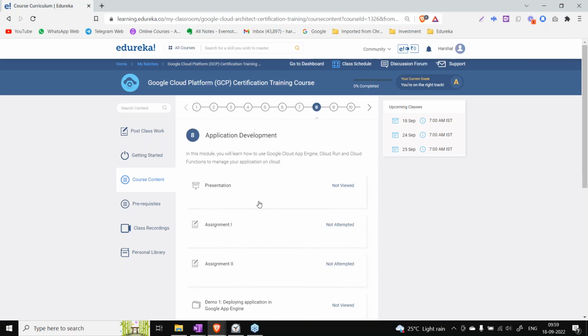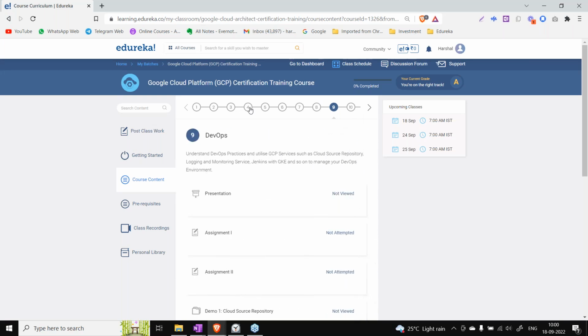So application development, here I'll be covering Cloud Functions and Cloud Run. But in one or the other module, I'll be covering everything. It's not that I'll be leaving out any particular service. If you understand this way from the module perspective, we are on the fifth module. Basically, we are discussing the third one from the sequence perspective, one, two, three, but this is the fifth module that we are discussing. So we'll be left with the rest of the other modules.